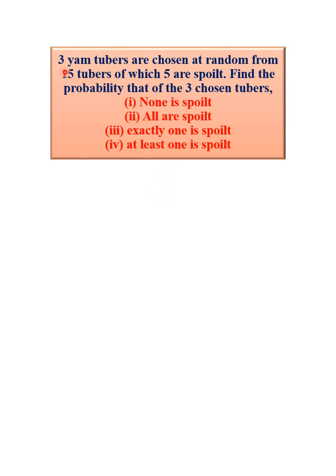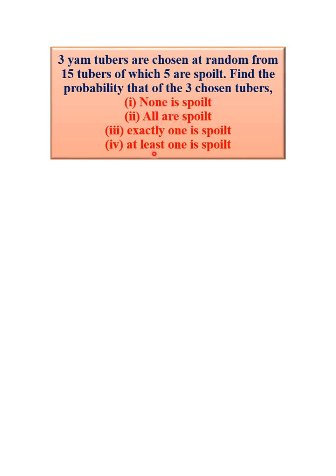It says 3 yam tubers are chosen at random from 15 tubers, of which 5 are spoiled. Find the probability that of the 3 chosen tubers, 1. None is spoiled. 2. All are spoiled. 3. Exactly 1 is spoiled. And 4. At least 1 is spoiled. So this is a question under probability, and we are told to find the probability of all of these 4